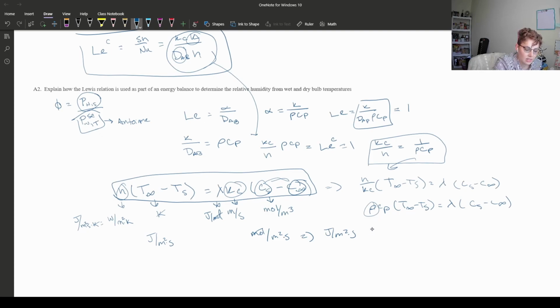Our density would be equal to the total pressure over the average temperature times the gas constant, and the concentration at the surface is equal to the partial pressure of water at the surface over the temperature at the surface times the gas constant, and the concentration of the environment is equal to the partial pressure of water in the environment over the temperature of the environment times